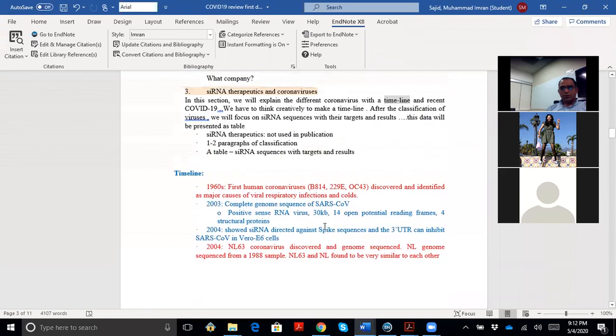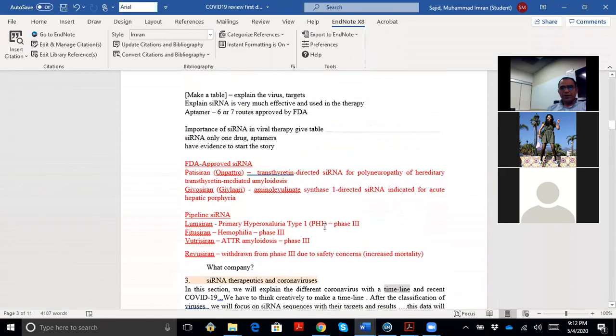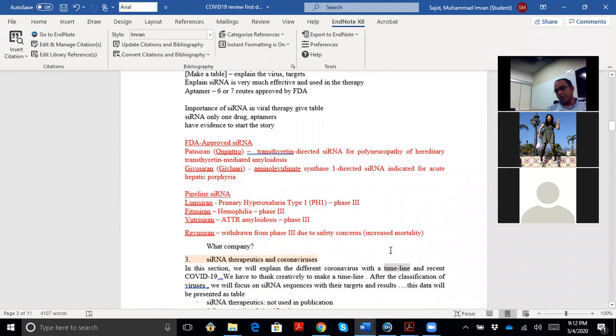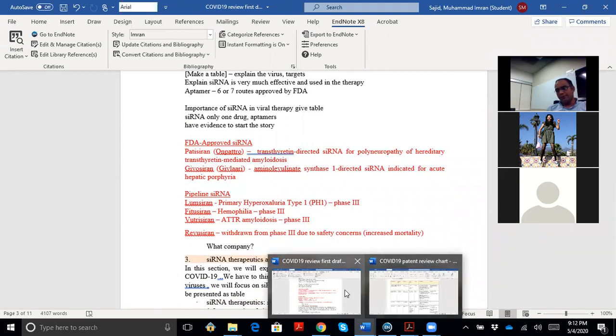Another thing is, are you able to work on any other thing apart from the timeline? Yeah, I can do some more. You told me you want to contribute something in the introduction. Yeah, if you wanted me to talk about the other approved drugs, like the stuff you're showing right now, or anything like that, just kind of an introduction. Yeah, if you could do that. But I am also working on it.